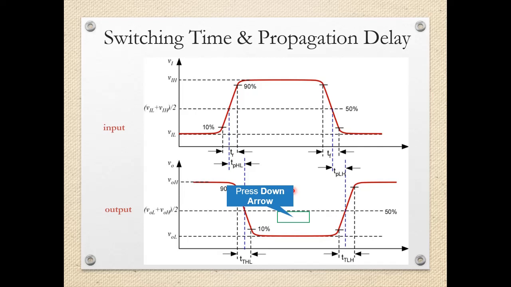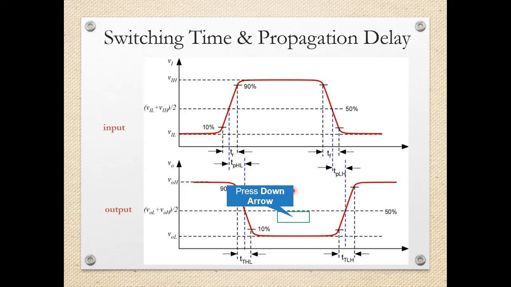So we can see the rise of the input signal from 10% to 90%. This duration is nothing but the TR, that is the rise time. Similarly, when the input is becoming logic low, at that time also we are not getting an exactly vertical line, it is a slanting line. It takes some time to reduce the signal from 90% to 10% of its maximum value, and that is called TF, that is the fall time. So there is a considerable rise time as well as fall time. Ideally these two timings should be equal to 0.